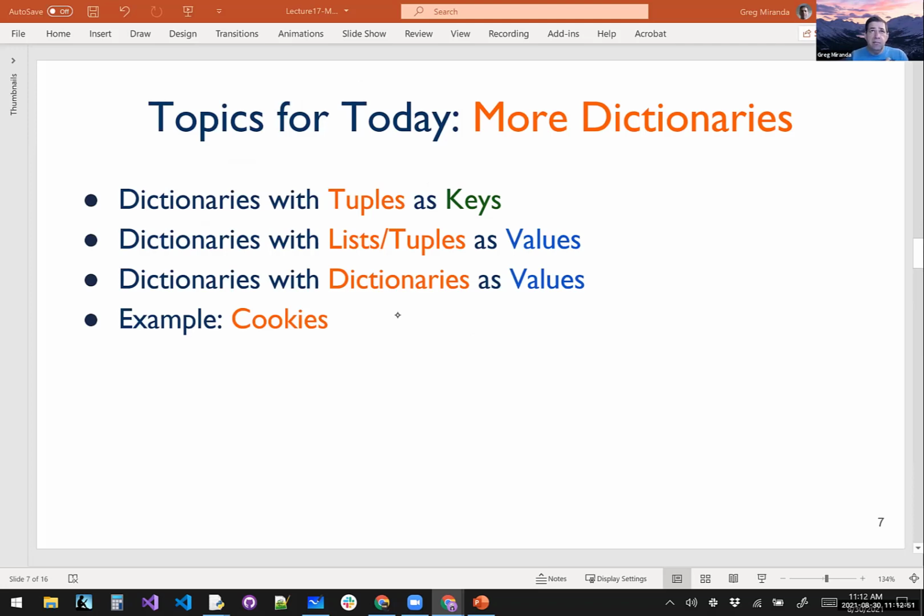Okay, so today's topic is more dictionaries, more advanced dictionaries. Until now, we've been using strings, integers, or floating point numbers as keys and values. But today, we're going to look at using tuples as keys, and then how we can use lists or tuples as values. And then we're going to look at how to use another dictionary as a value in a dictionary. And then for the last part of the core class today, we're going to be doing an example of